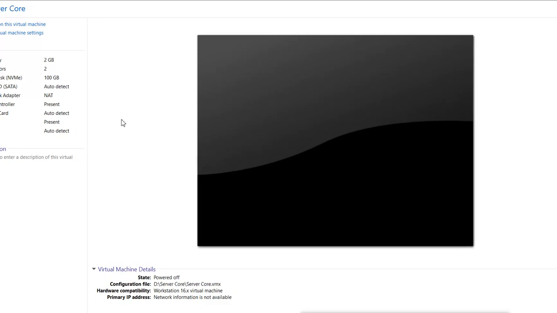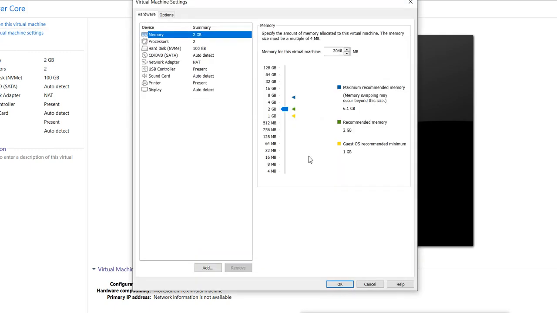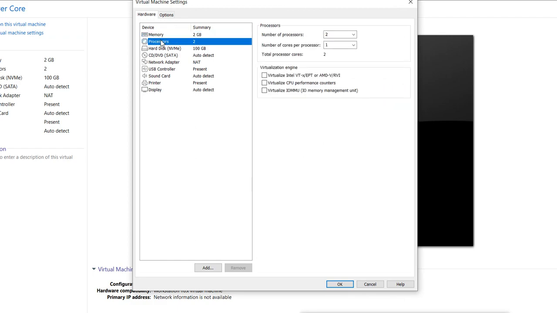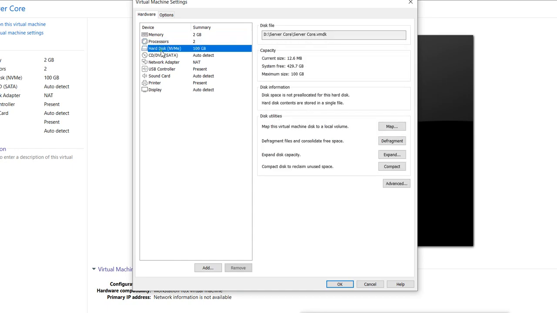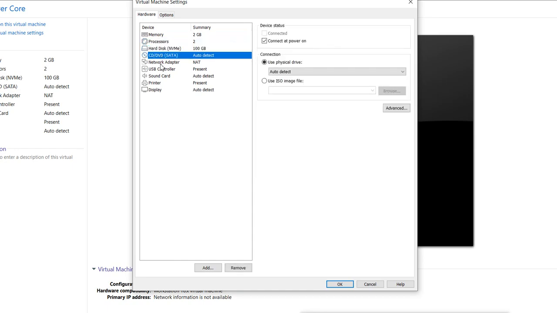We can manage the settings after creation also, like how much RAM you want, how many processors you want, hard disk, CD-ROM, network and other things. Now we want to install it. I want to install it from the ISO image, so I will select this and I will browse this ISO image.